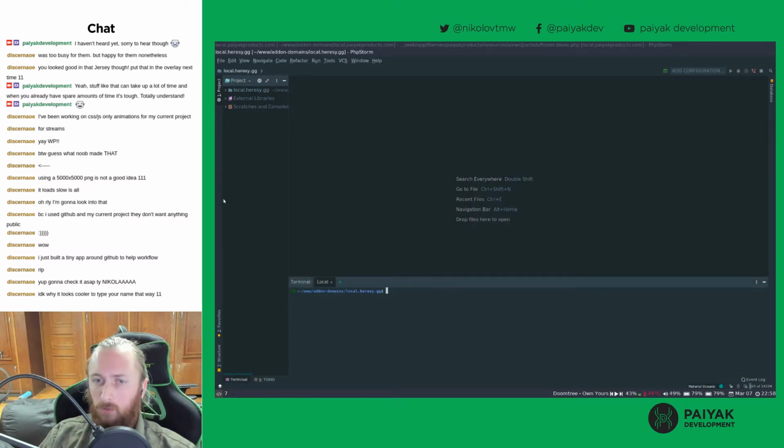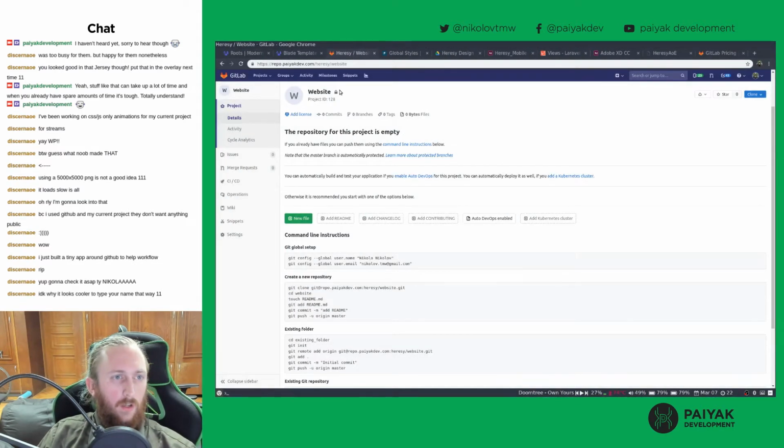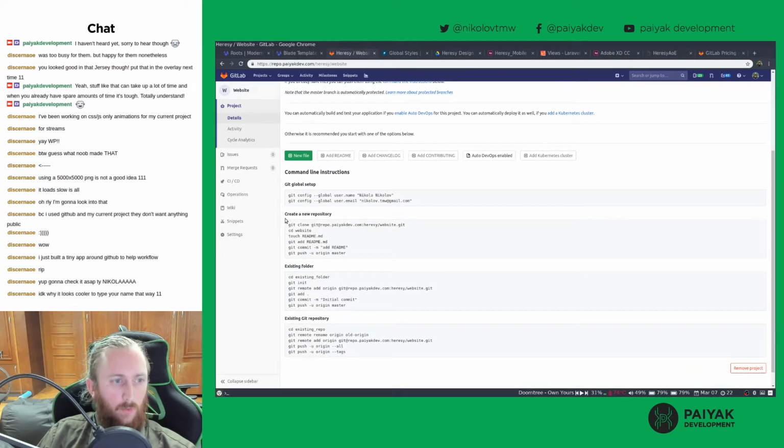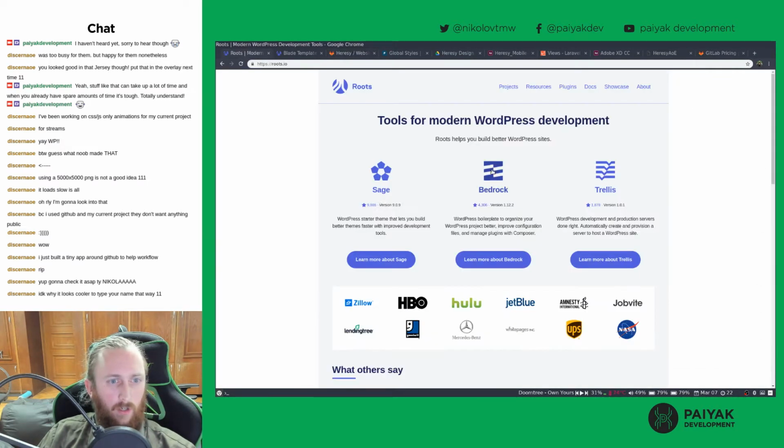Okay, I'll open a terminal in here, and I'll get back to that in a second. Okay, I'll have to read the instructions next. So we have the Git repository. We'll come back to grab these commands later on. But right now, I should set up Bedrock,